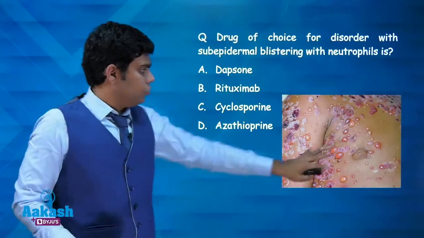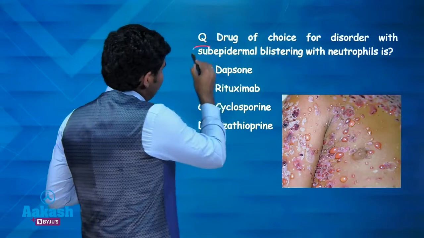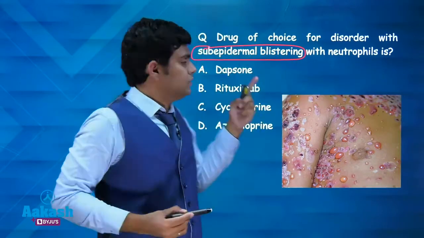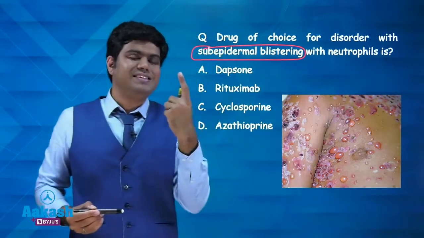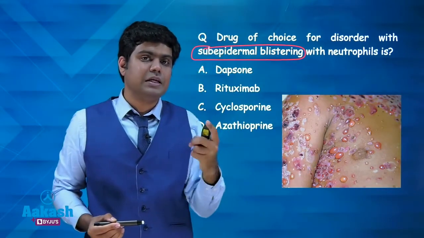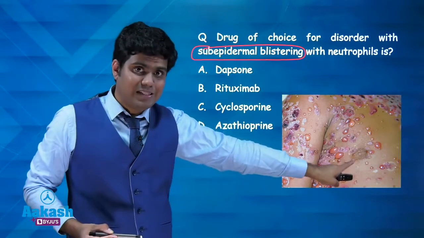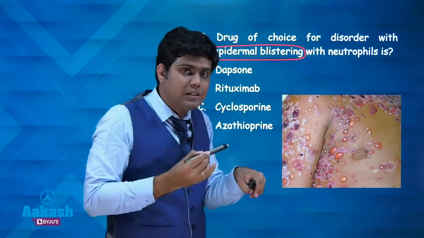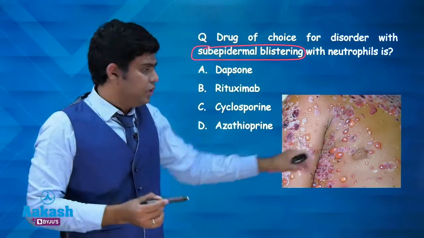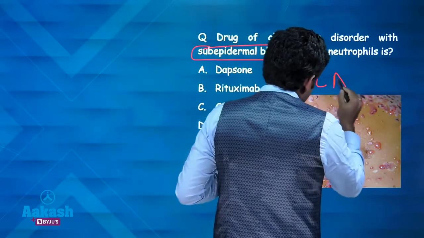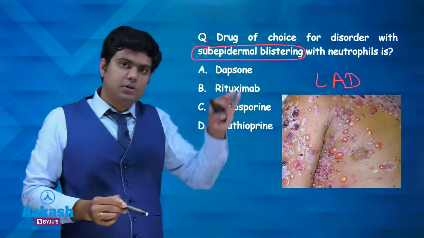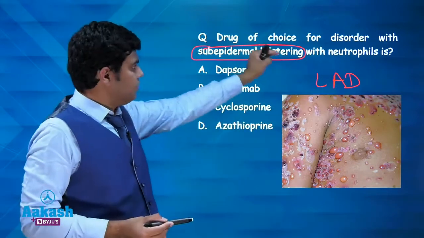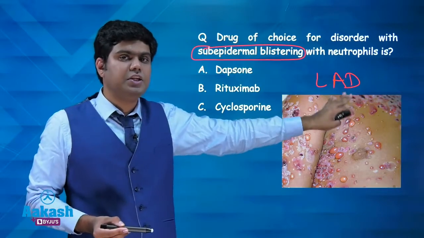Right. So coming back to our question. The patient had subepidermal blistering with neutrophils. So two differentials: one is dermatitis herpetiformis, second is linear IgA disease. So will dermatitis herpetiformis present like this? No. Dermatitis herpetiformis will have excoriated papulovesicles. If you see this kind of pattern, you should think of linear IgA disease. Though it is difficult to appreciate jewels here, like ring of jewels, cluster of jewels, given the findings and the image, the best diagnosis here is linear IgA disease.